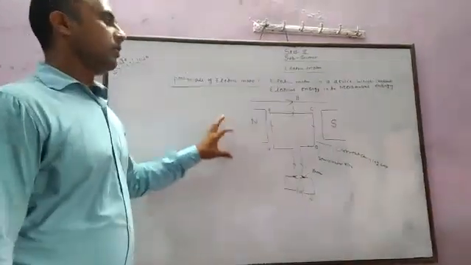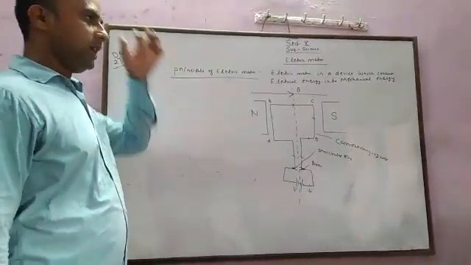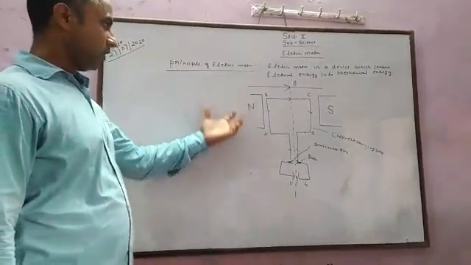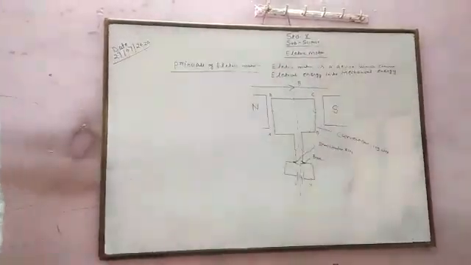The basic uses of the electric motors are in a washing machine, in a geyser system, and in various other examples of the electric motor, such as geysers, washing machines, refrigerators. These are the utilizations.